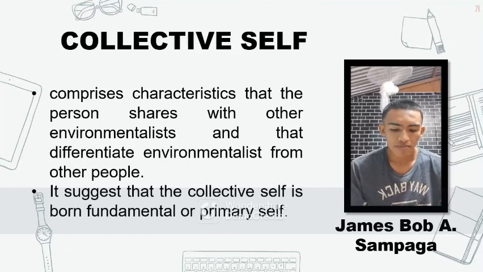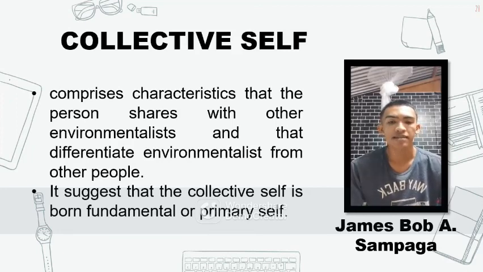Commonalities with a group may be based on stable characteristics such as race or gender, or on achieved states such as occupation or party membership. For example, a person may hold a self-definition of being an environmentalist,